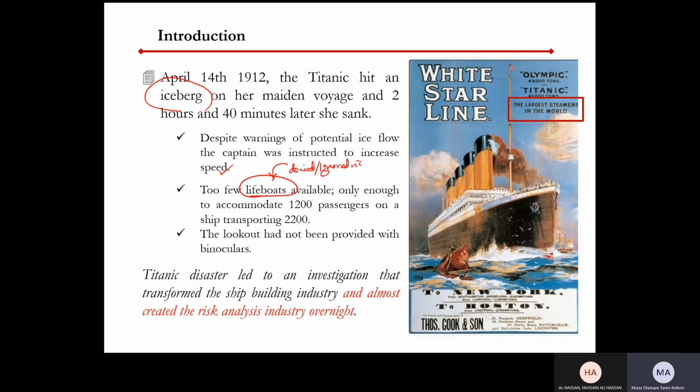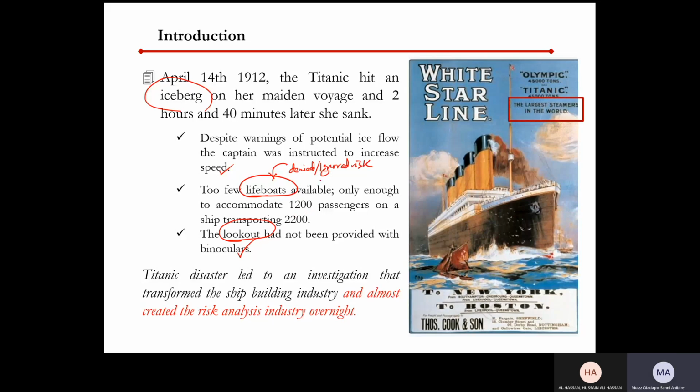So what do you have in that case? What you have in that case is that they made inadequate provisions for the passengers on board. And like you said, maybe they wanted to save costs or save space. Also, the lookouts, the banksman or someone who was supposed to look ahead for any potential dangerous icebergs, was not provided with binoculars. So that just shows that they made inadequate provisions because